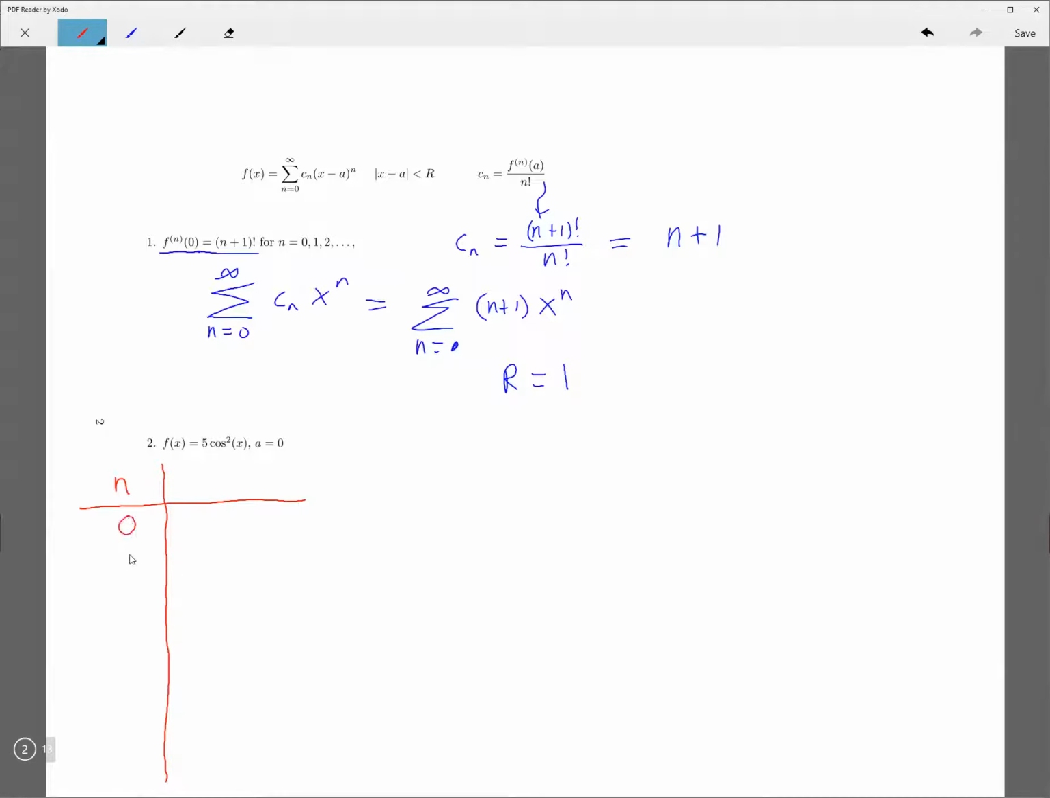So I'll go 0, 1, 2, 3. That's 4 terms right there. I'm gonna have to go more if they're not 0. Okay, so now